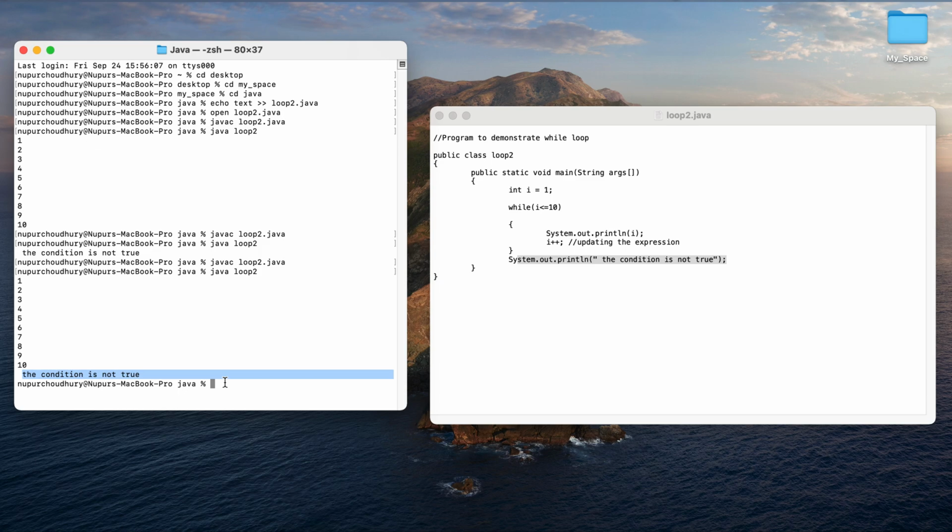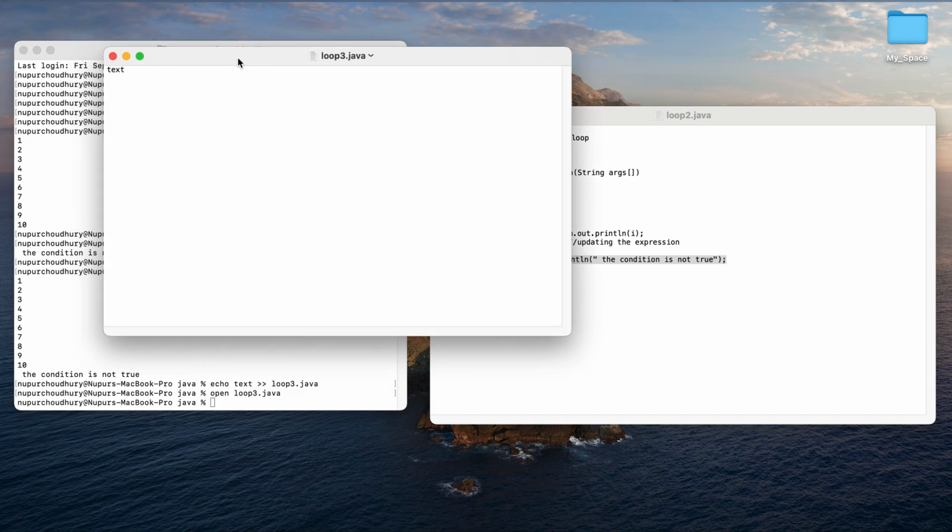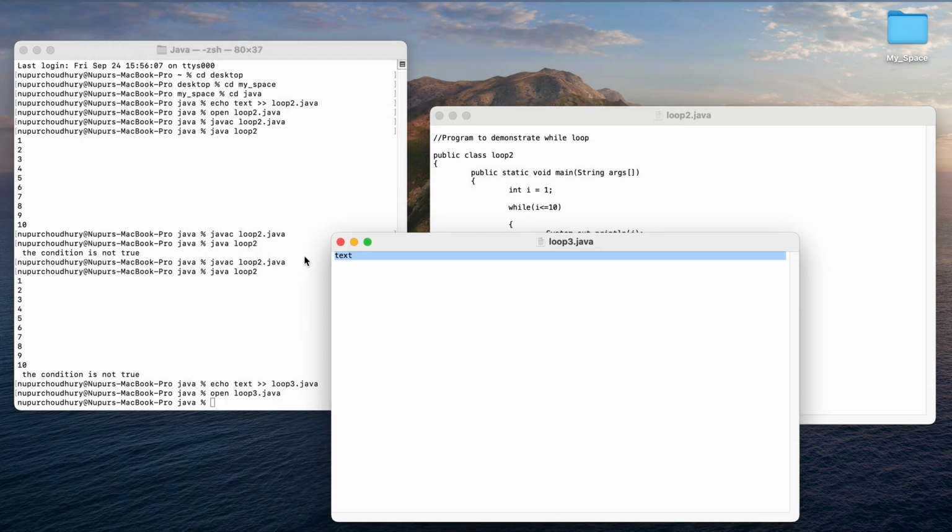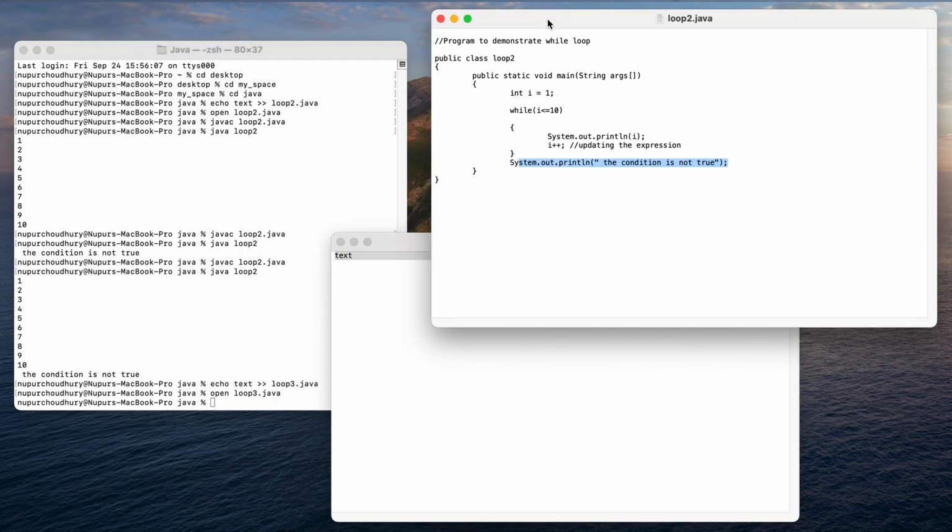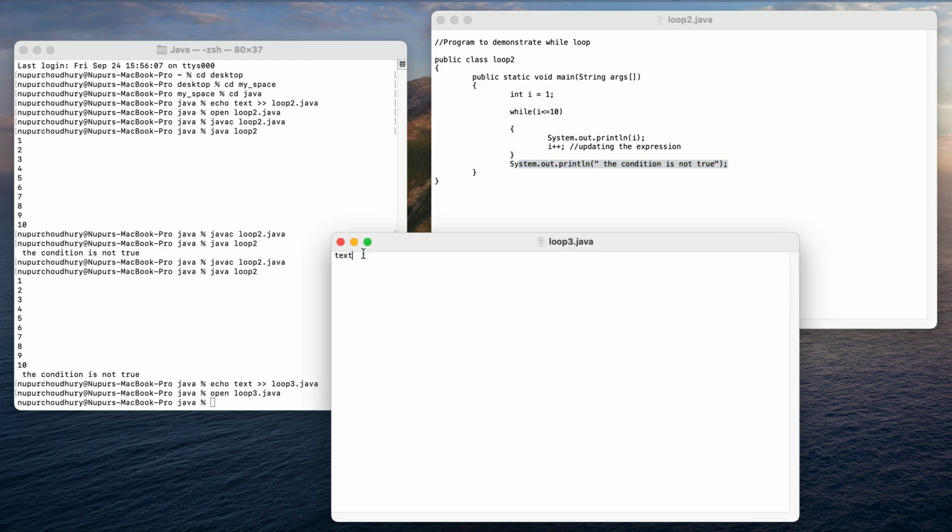So now let us open another program, okay. So loop, let's say 3, okay. So loop 3, and I will be opening loop3.java, okay. So here let me write it down, so I'll keep it here so that it becomes easier for me, okay.